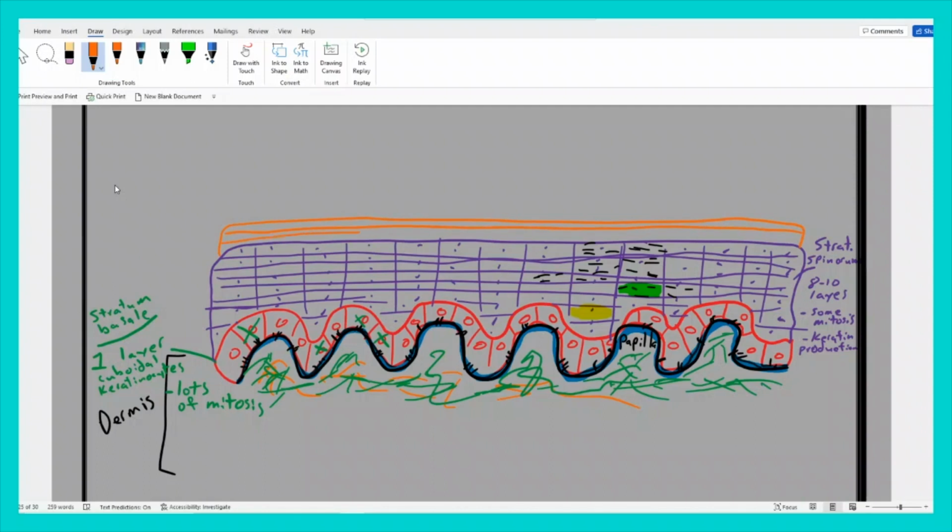I'm going to make 3 layers of cells here. Stratum granulosum. That's a G, by the way. So this is 2 to 5 layers